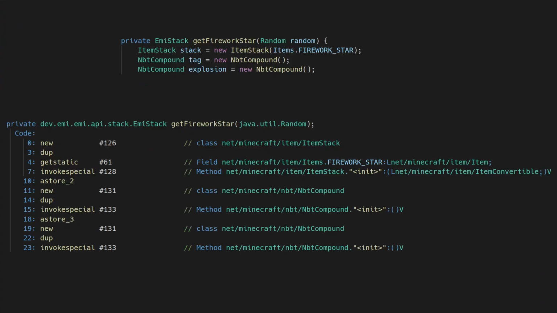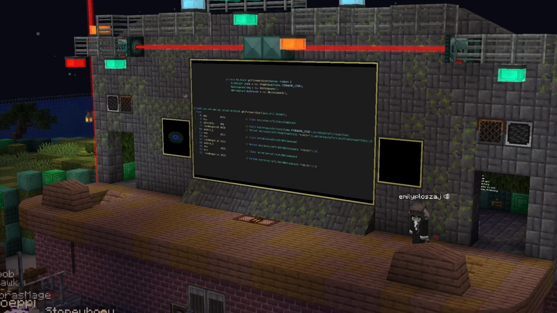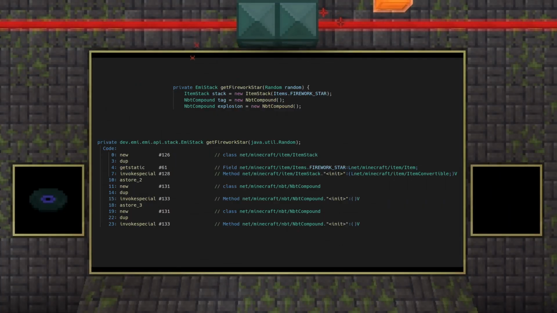In bytecode, this uses the new instruction. In typical fashion, a construction of an object is using new, then calling dupe, then pushing all of the parameters the constructor needs to the stack, then actually invoking the method. The dupe is used so that there are two references of the object on the stack instead of just one, because one of them is going to be consumed when calling the constructor. And when you're done, you want to be left with the object you just created.